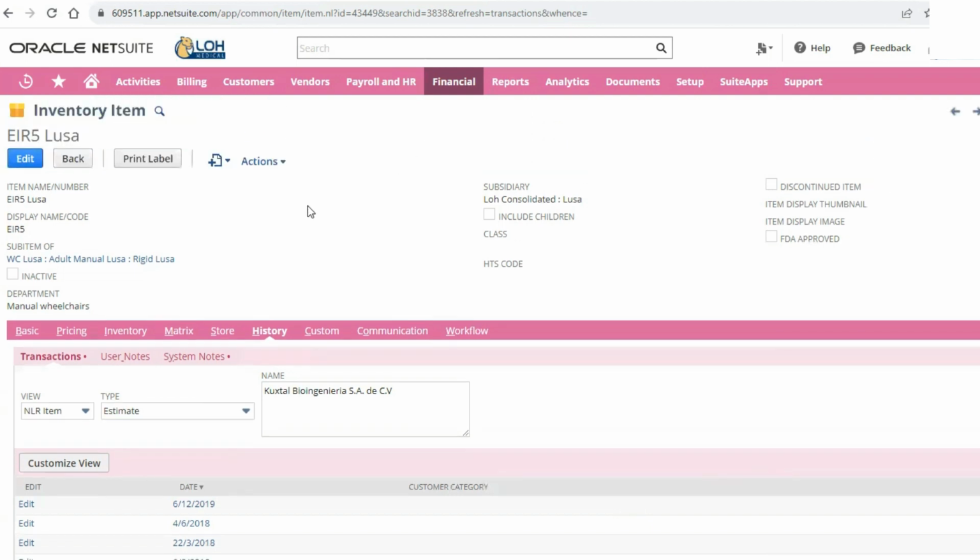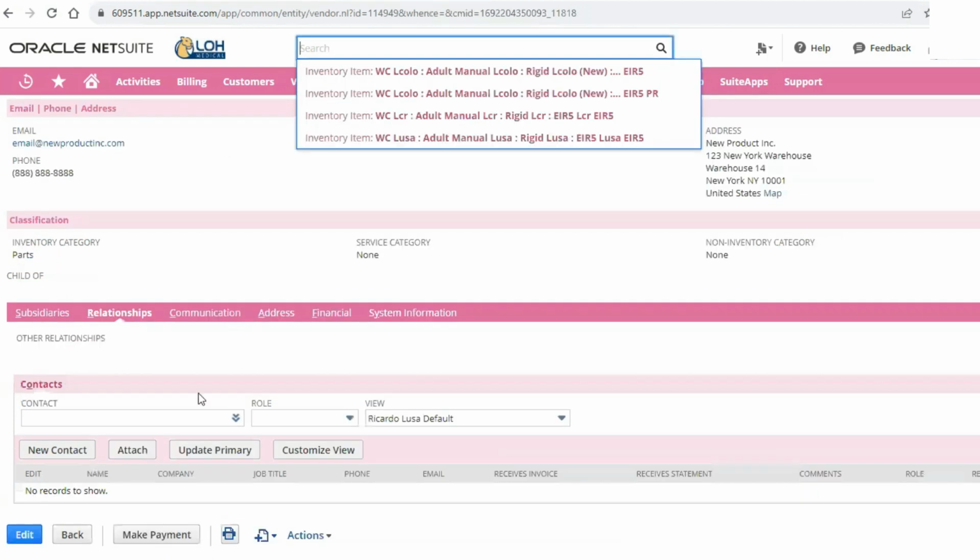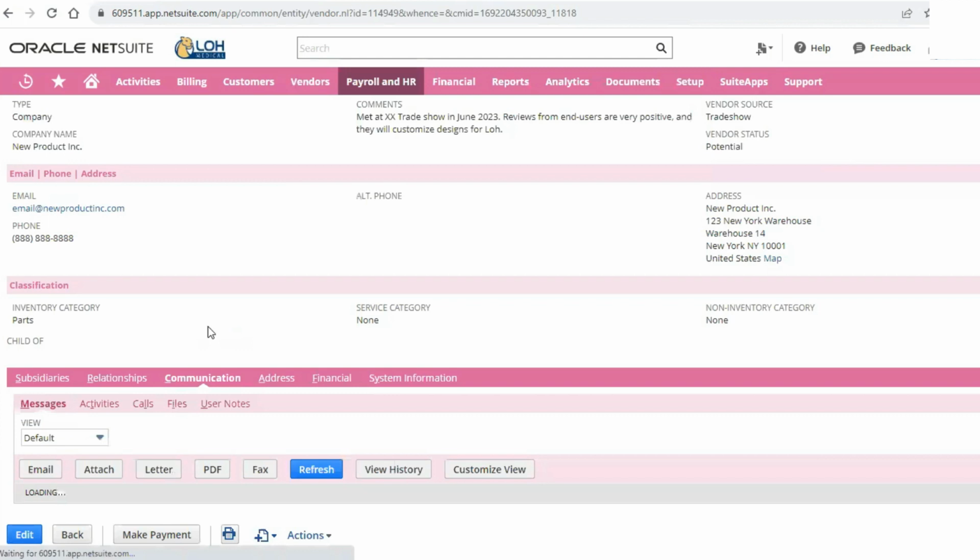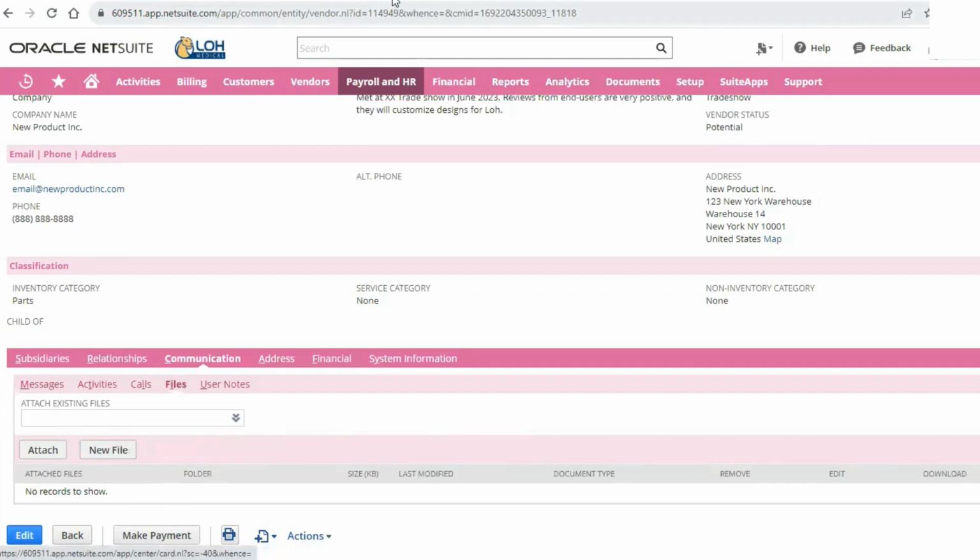Okay, so we're almost done with our training on Module 3. I just want to go over Stelago and its integration with NetSuite and the file management, because I did touch on the fact that we could save files to all different records.